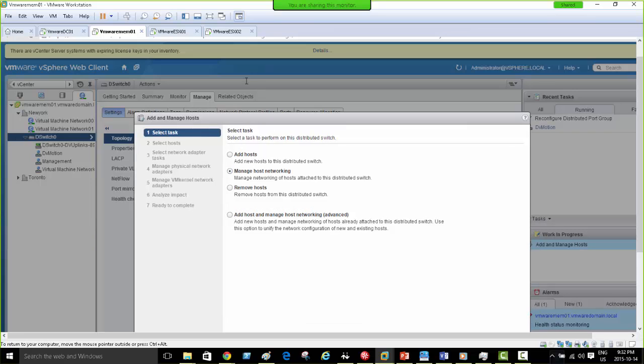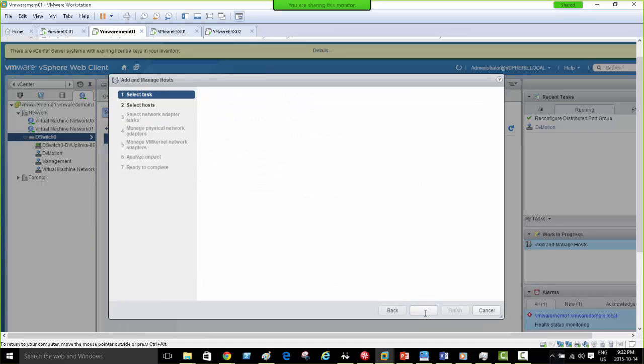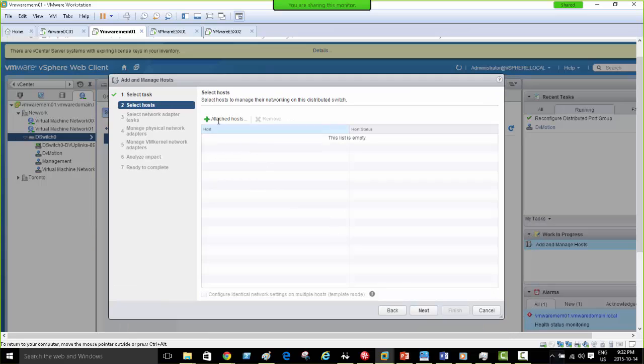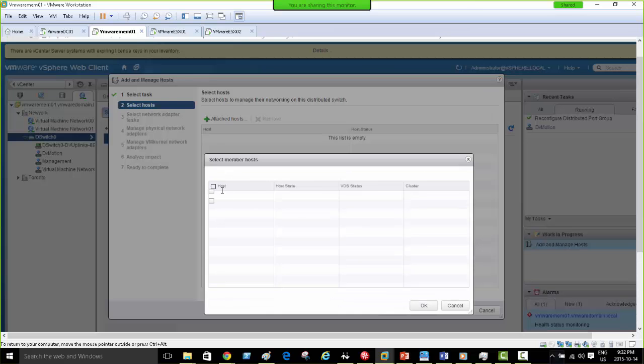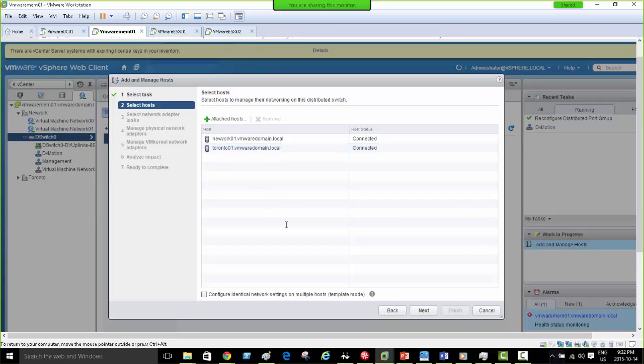That's like editing the stuff. But when we go next, are we able to, so if I select both hosts here now, I just wanted to see if I can add an extra network card for both of them. So this is after the network has been created, I mean connected, both hosts connected, or 100 hosts connected. Can I just add 1 network card? Suppose every host has 1 spare network card available there. So if I click configure identical network settings and next,